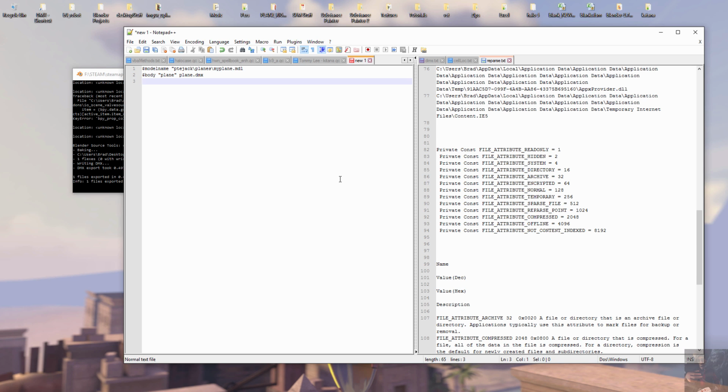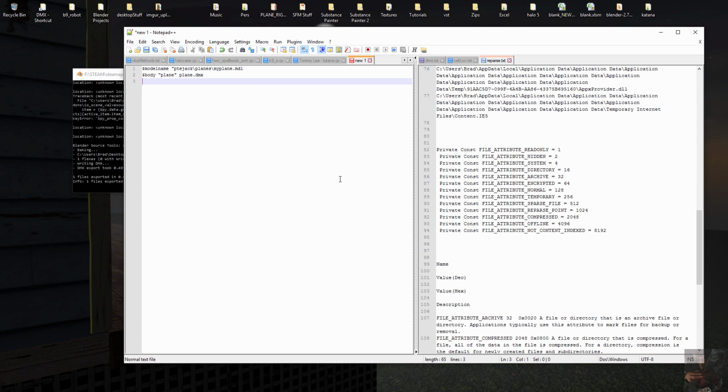Next, in the event that I have transparent materials or want to add transparent materials to this aircraft, I'm going to add a mostly opaque command. I'm going to now tell it CD materials, and where the materials are going to live for this aircraft, which is going to be in my materials, models, private jack, planes